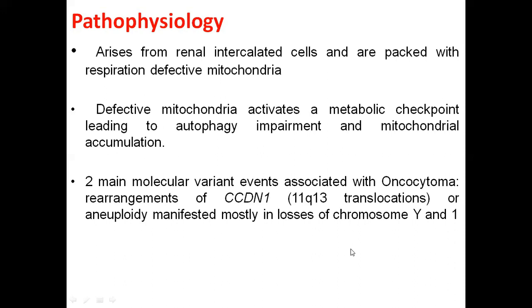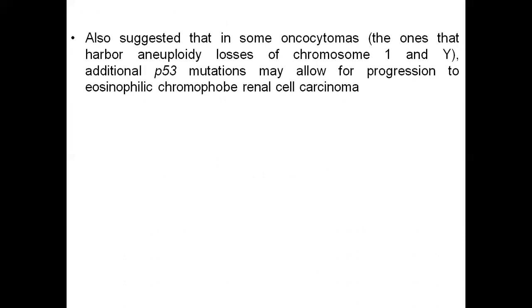The second variant includes aneuploidy of chromosome Y and chromosome 1. The importance of this is that if the oncocytoma arises because of these aneuploidies, and there is an additional p53 mutation, the oncocytoma will progress to eosinophilic chromophobe renal cell